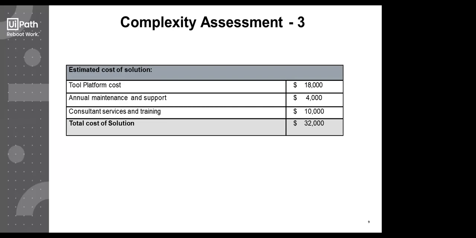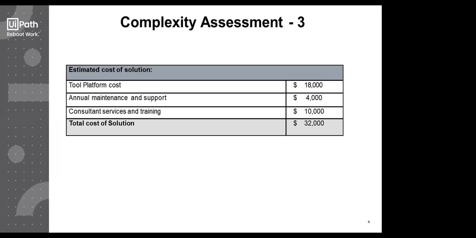That is, if any client comes up to you asking that I want to get this process automated, you accordingly consult him on why it's possible to automate or why you'll not be able to automate it, and what all processes can be automated. So for all that, you put in some cost, and all this adds up to the total cost of the solution. That is the after thing.